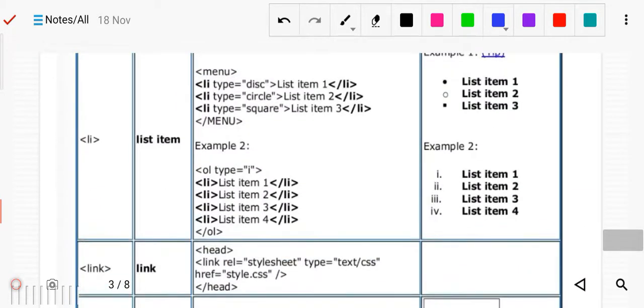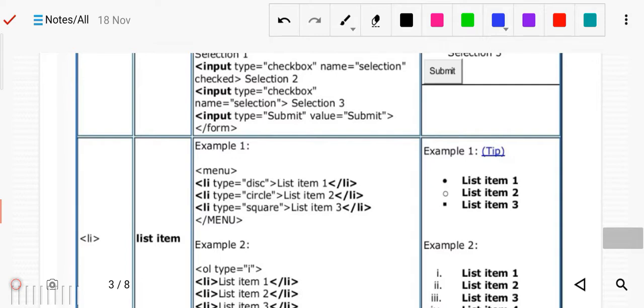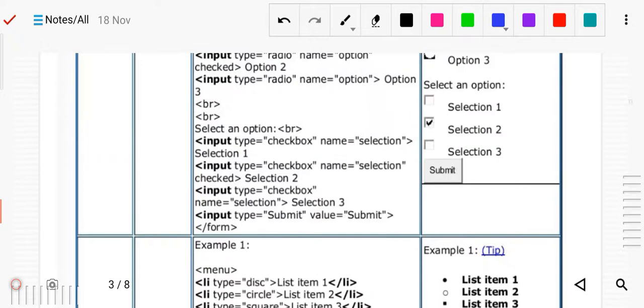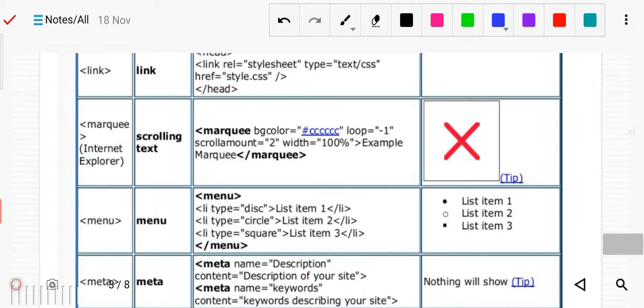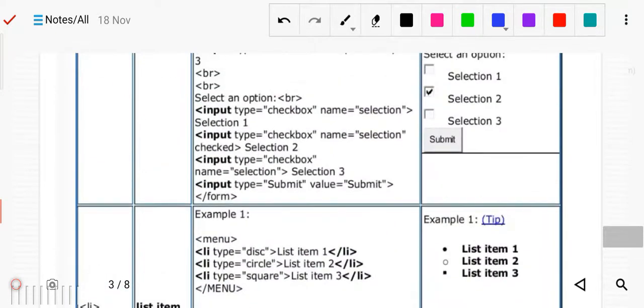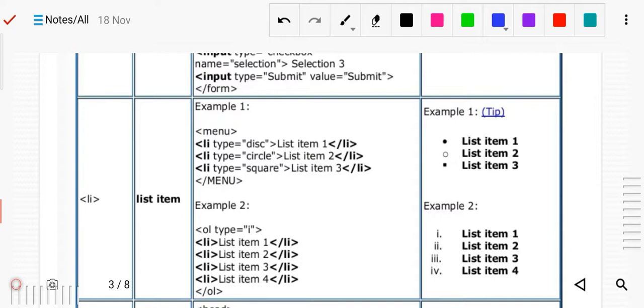Just see it, like listing we have done, list li, for example li disk. This one we have discussed. By default it is a disk, but if we mention it then it will be different. Here you can see all the codes for listing. By default it is a disk, otherwise it is a circle or square, we can define it. You can see the output here, how to list the items. This is for the unordered list. If it is ordered, then it will be written 1 2 3, because the type attribute is defined. Okay, so that we have studied.